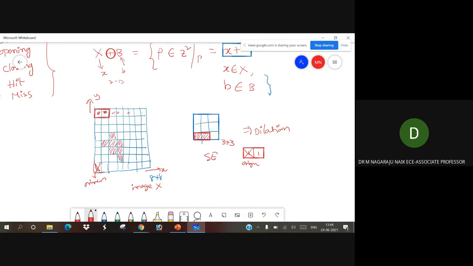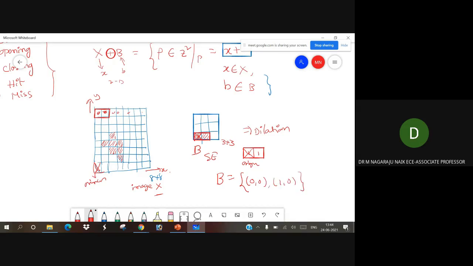So this is represented as B and this is represented as capital X, right? Now, what are the points in B? B is equal to the points, the first being the origin, 0, 0, and then 1, 0.